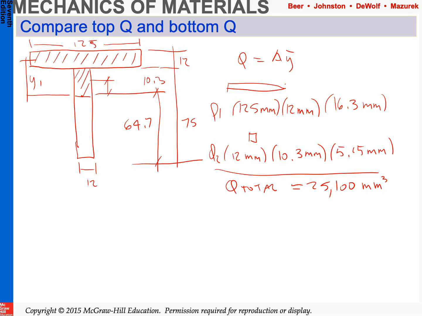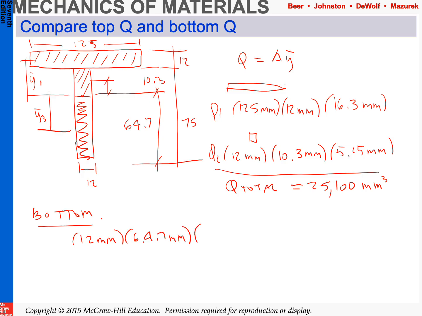So for our bottom part, let's try our bottom. And what we have is now this area with this y bar. We'll call this y bar 3. We have our area. It's 12 millimeters wide, 64.7 millimeters tall, and the centroid is then obviously half of that, 32.35 millimeters. So this is y3 or y bar 3, and we get, again, with rounding,